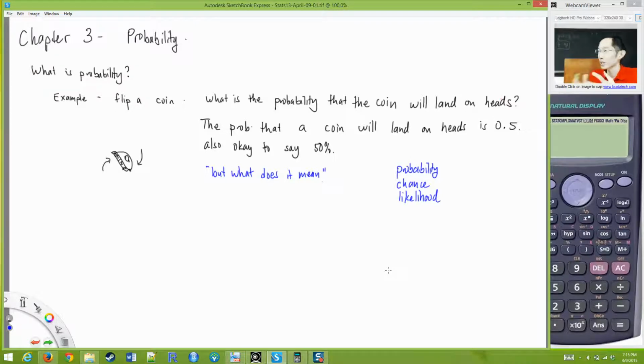But we all have this notion that the probability that a coin lands heads is 0.5, but what exactly are we talking about here? Yes? It seems not so much to do with the likelihood, but more the distribution on what's on either side of the coin. Okay, so based on the properties of a coin, we can say heads and tails should show up with equal chance, and that's how we get to this 0.5 number. But still we're talking about this chance.